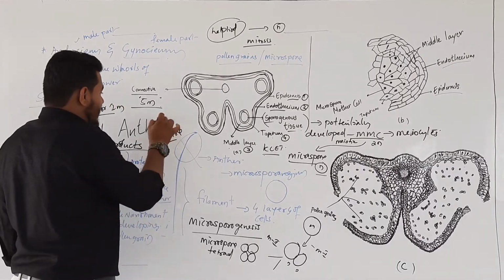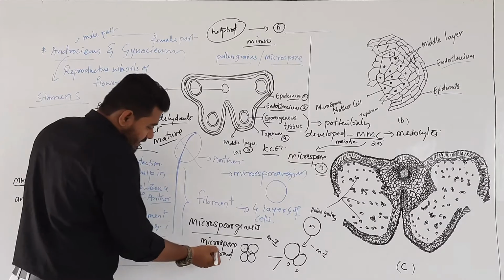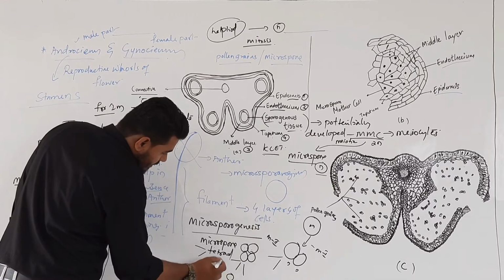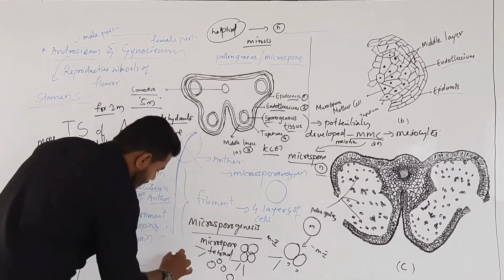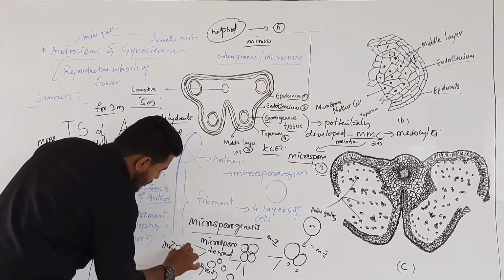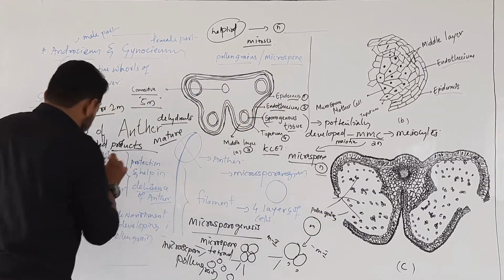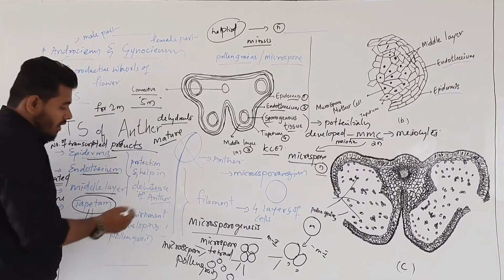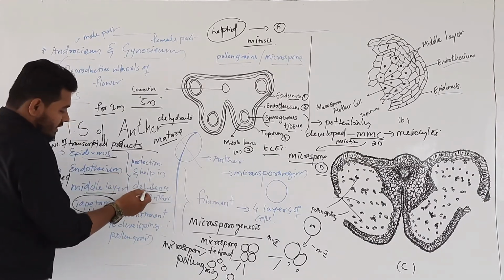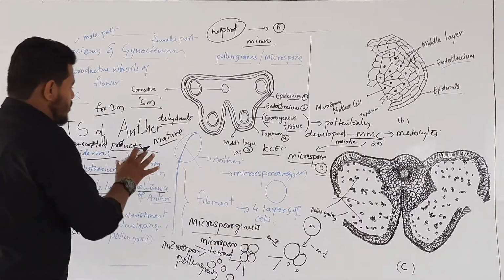When the anther matures, they dehydrate, the water is removed, then these microspore tetrads separate and are then called pollen grains. They separate and become microspores. At that time the layers, the epidermis, endothecium and middle layer, all become dehiscent. They will open after dehydration, and these pollen grains are released freely outside.